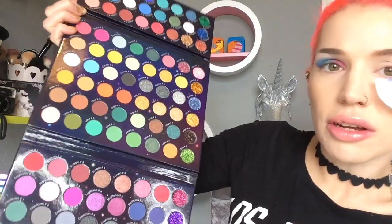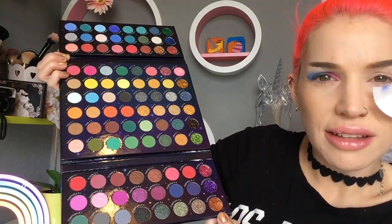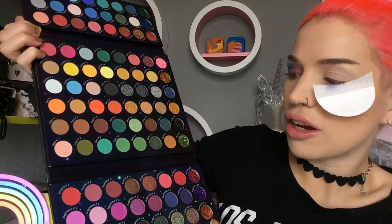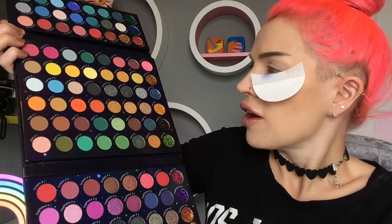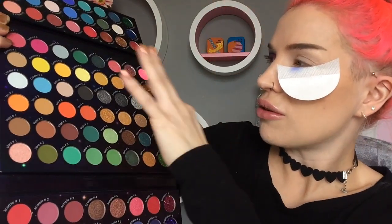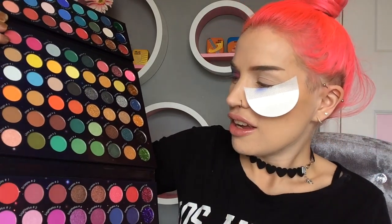Do you know what? Now I look at this palette and I'm actually trying to pick out shades. It doesn't have as many shades as I think. It does. There's a load of shades. But I'm actually struggling to find shades, oddly enough, because you get a lot of variations of the same kind of shade, similar to the pinks. I used two different types of pink, but they just look the same. So even though you do have lots of shades, a lot of them are just subtle variations of another shade. So when you try to do a rainbow eye, it's kind of like, well,